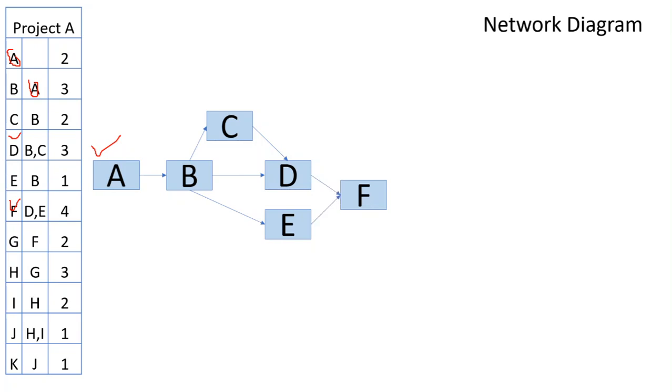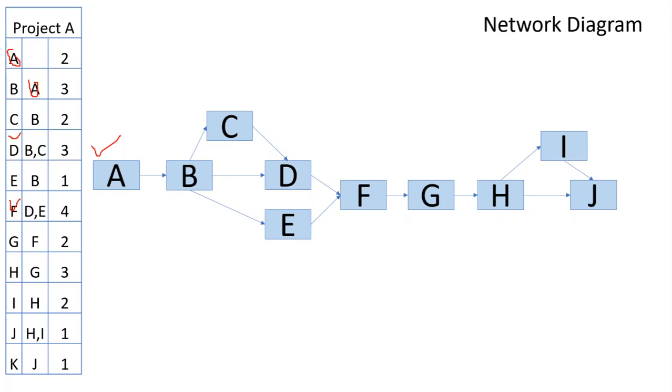Alright, and then activity G, which starts after F, and then activity H, which starts after G, and then activity I, which starts after activity H, and activity J starts after I and H together. So once these two activities are completed, as we have seen in the previous slide,